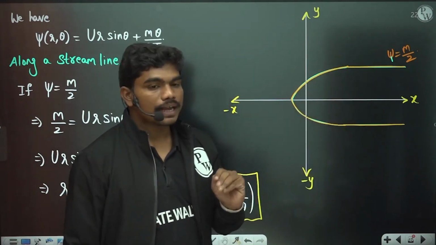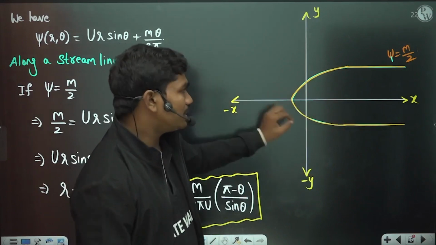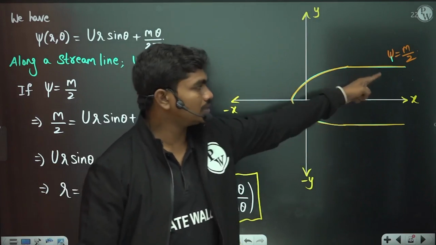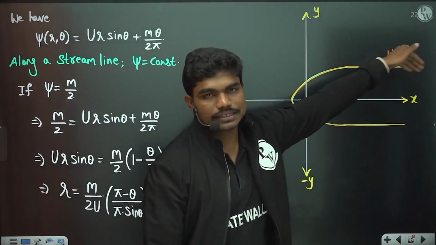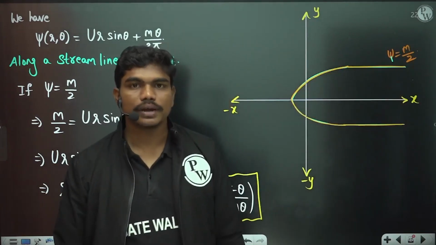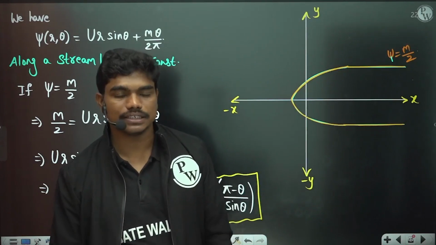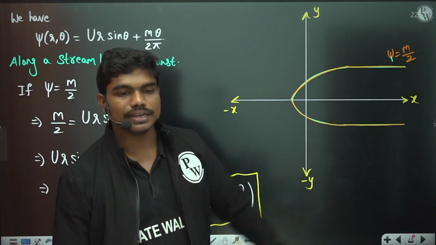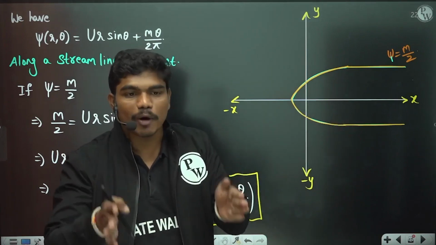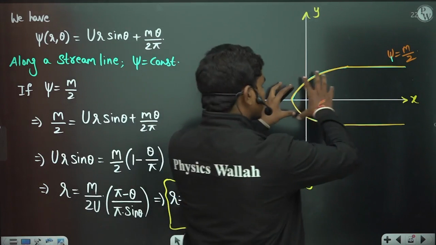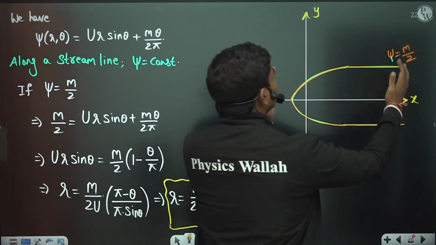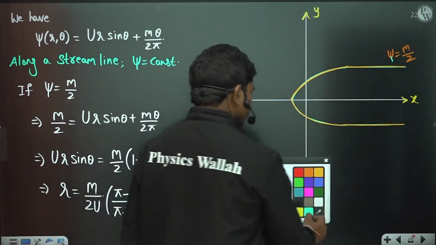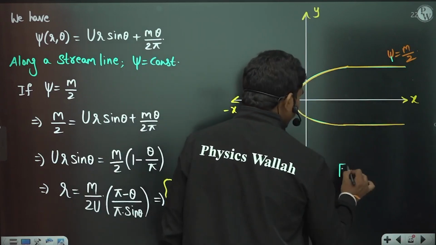But at the same time, can you see these two ends meeting at any point? Because they are maintaining some constant thing, you cannot see these two ends actually meeting each other. That's why this body is assumed as a half body: let us suppose you take some long body and cut it into half, then this is only the half body that you have here. So this case is called flow over